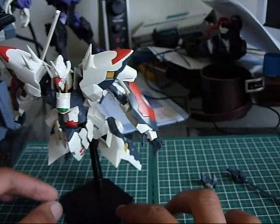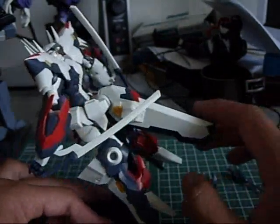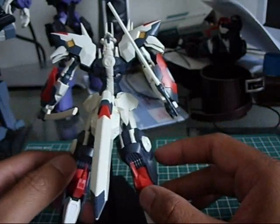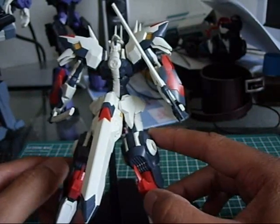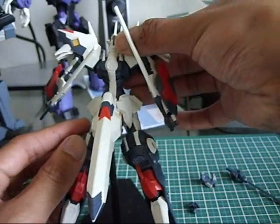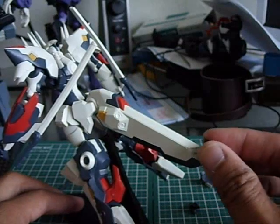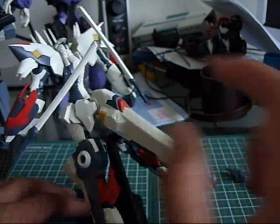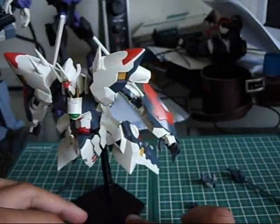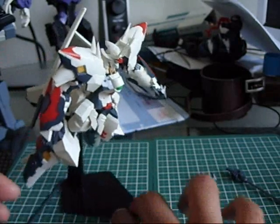You did see probably the downfall of this kit is where some parts will pop out, like this and this little thing here. A lot of this is snap fit, but a lot of it is friction fit, if you guys understand what that is. So there might be some gluing required, depending on how you see the parts. Like this one, definitely, if I don't figure out a reason for it to be sliding out that easily, I'm going to glue it on. These white panels and the shoulder pads here, I'm definitely going to glue those on, because they do like to pop off. And other than that, you probably will just have to buy this kit and try it out